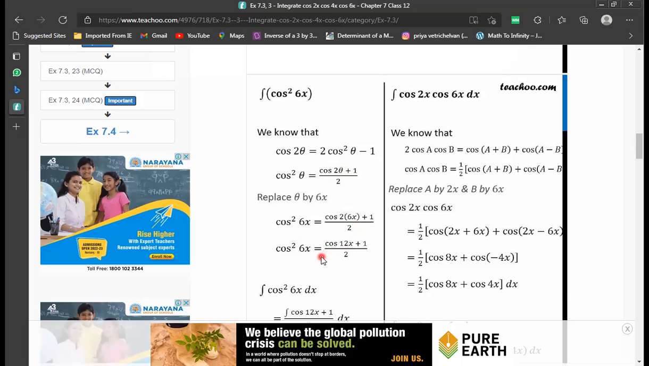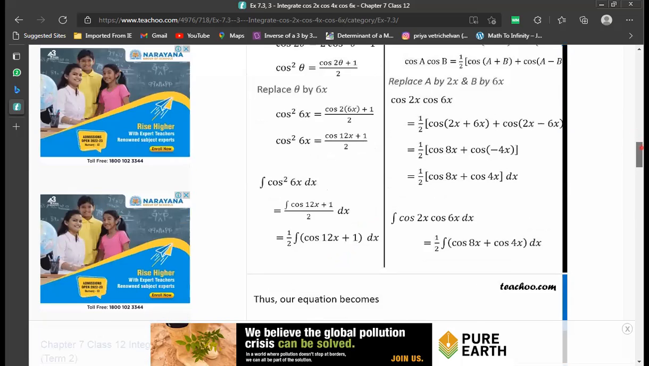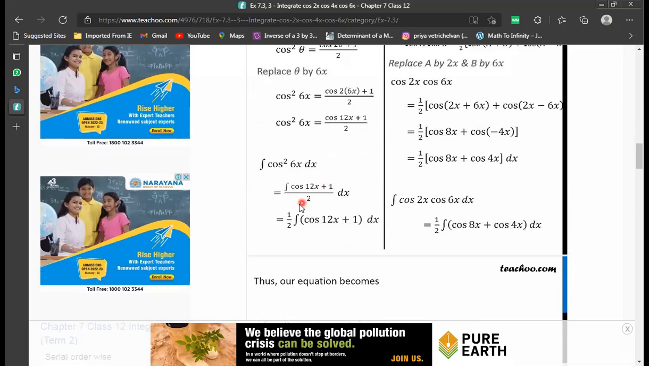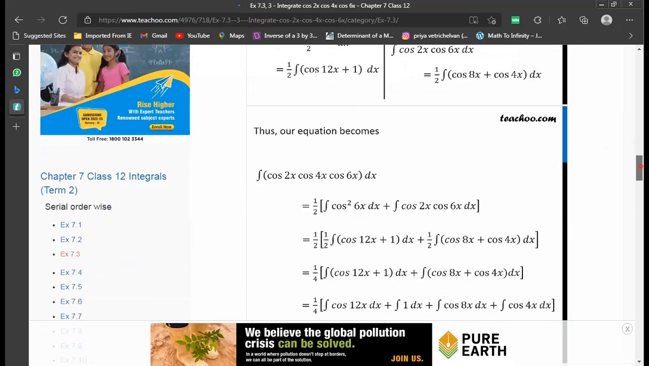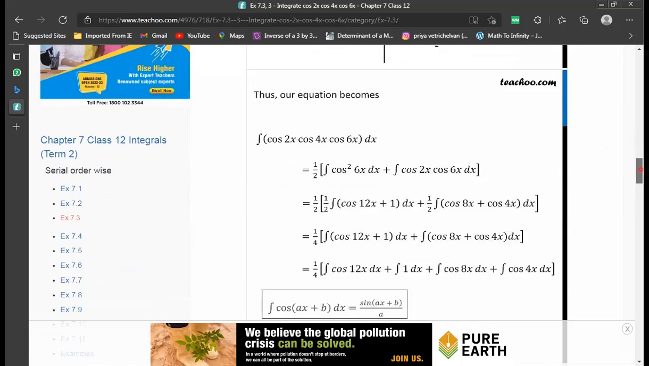Can you follow? Yes, ma'am. I'm just rewriting the cos square theta in terms of cos 2 theta. Cos 2x plus 1 upon 2. Take the 1 by 2 as constant. Integrate the cos 2x plus 1 alone. So when you integrate cos 2x,